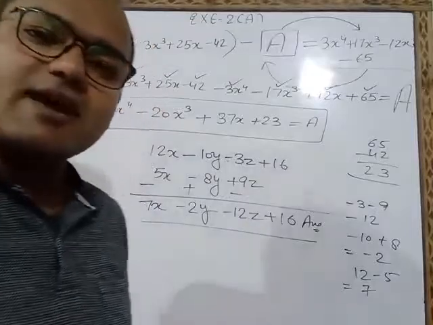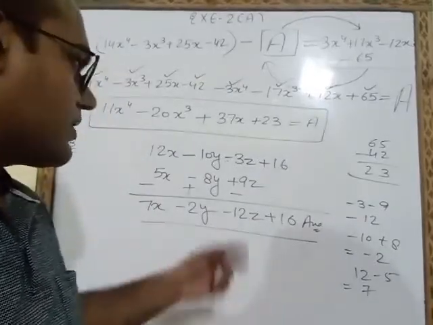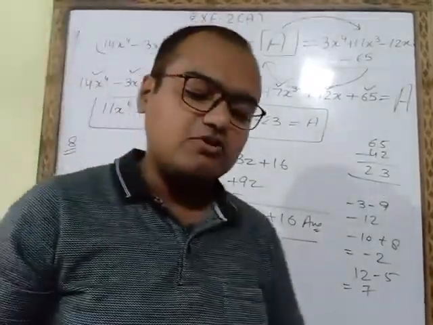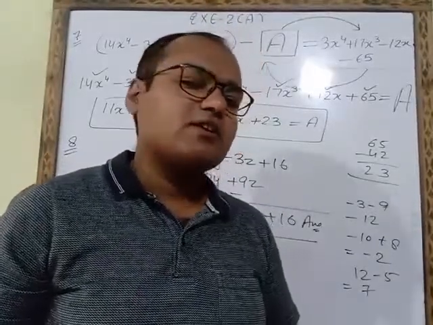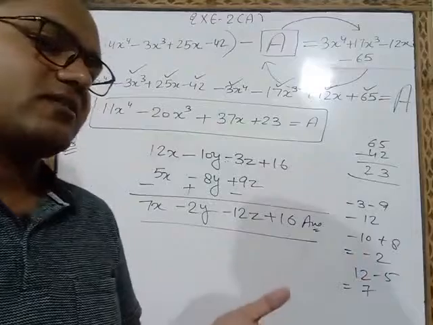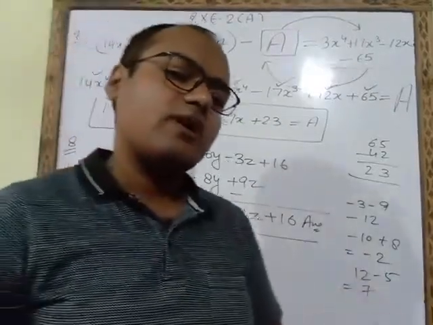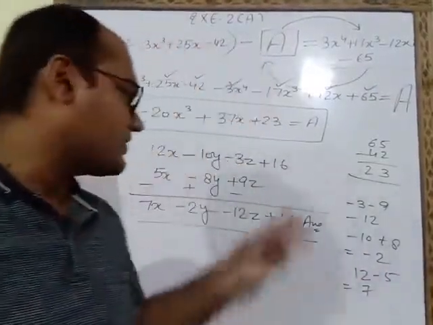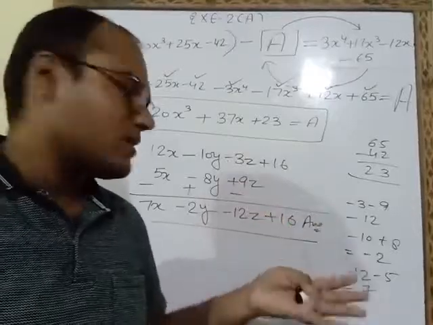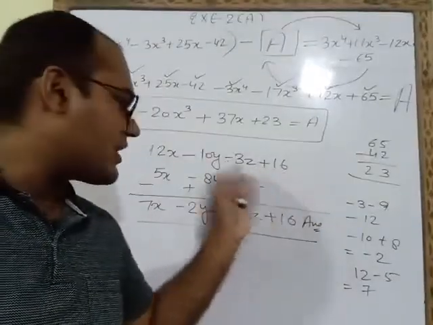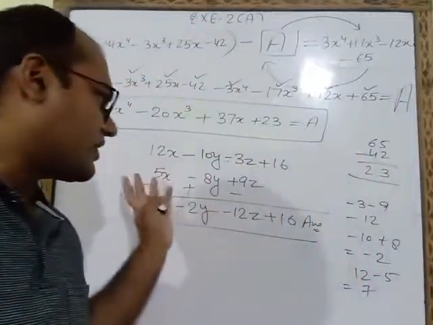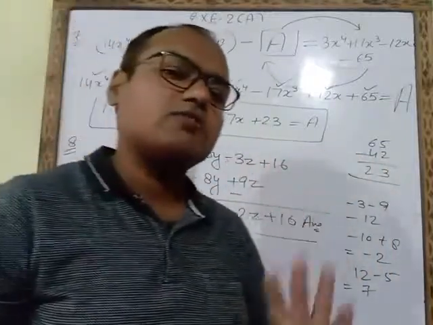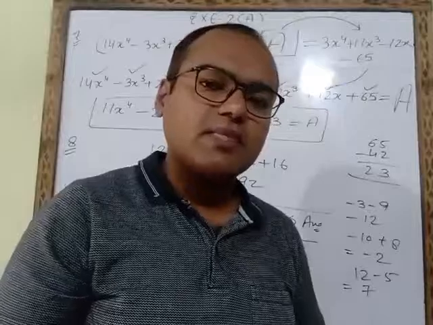Now question number 9 is also the same as question number 8. What is he asking in question number 9? How much greater is this number than this? So here it is asking how much greater it is. So what do you have to find? Here also you have to find the difference as we have done here. But the greater number we have to write upside and the smaller number downside, and after that we have to change the sign because we have to find the difference.